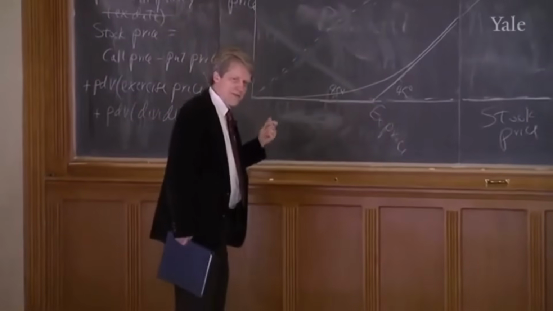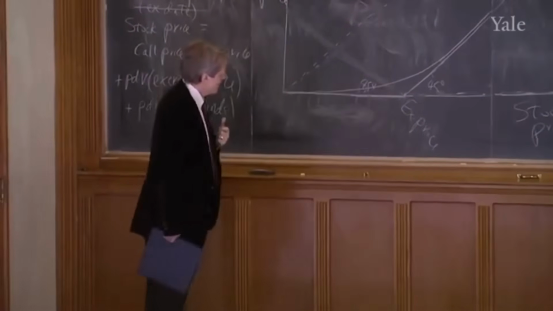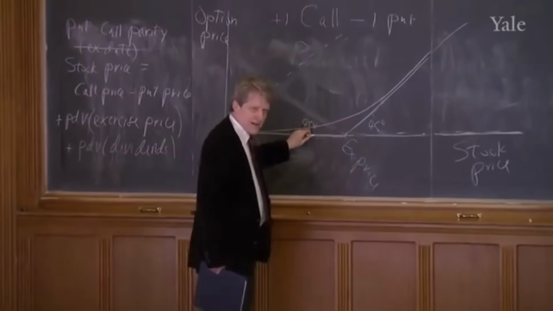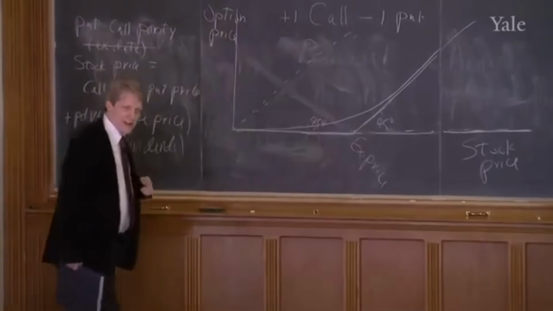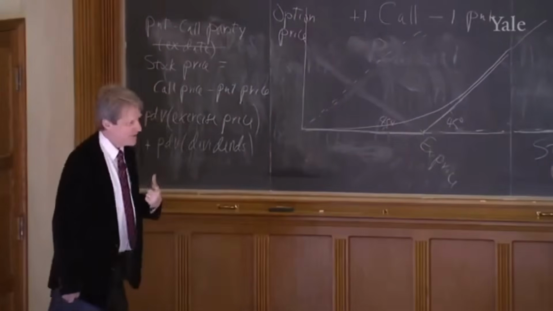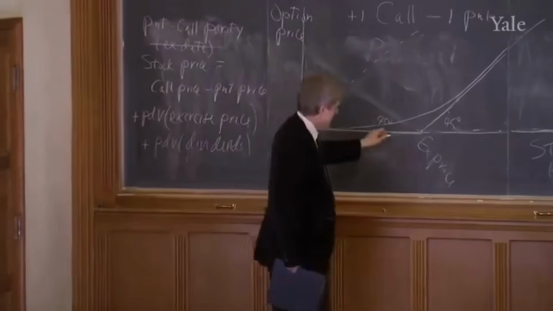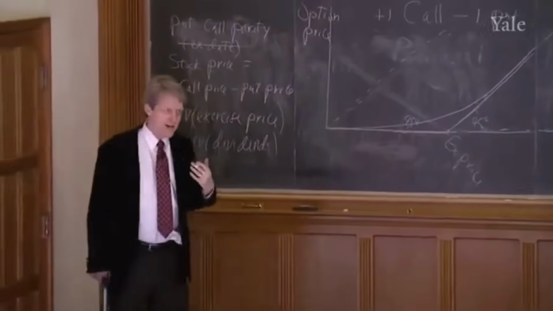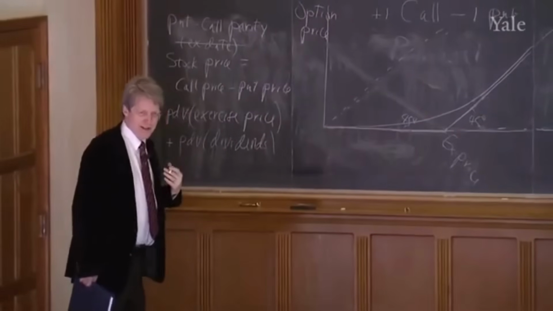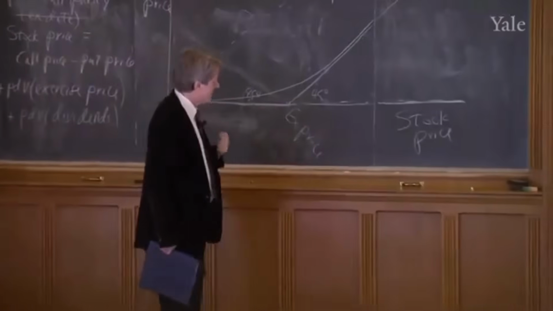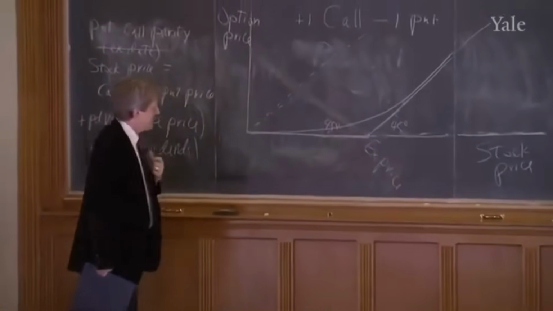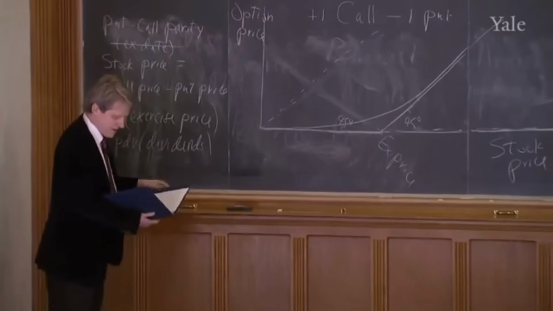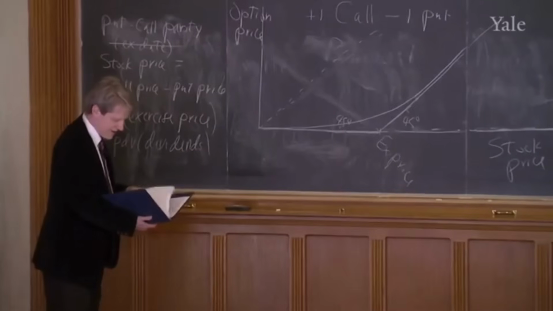But the reason you don't want to exercise an option early is because if you exercise it early, your value drops down to the broken straight line. Right? It's always worth more than the broken straight line indicates before the exercise date. So if you want to get your money out, sell the option. Don't exercise it early. So that's why the distinction between European and American options is not as big or as important as you might think at first. So we can just price European options, and